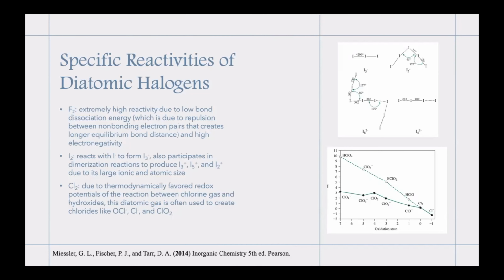Diatomic iodine will react with its own ion, I-, to form an ion complex, I3-, and it also will dimerize to produce I3+, I5+, and I2+. This is mainly due to its large ionic and atomic radius as an element that is further down in the group. The different iodine compounds that can form through these dimer reactions are seen here in the image on top,